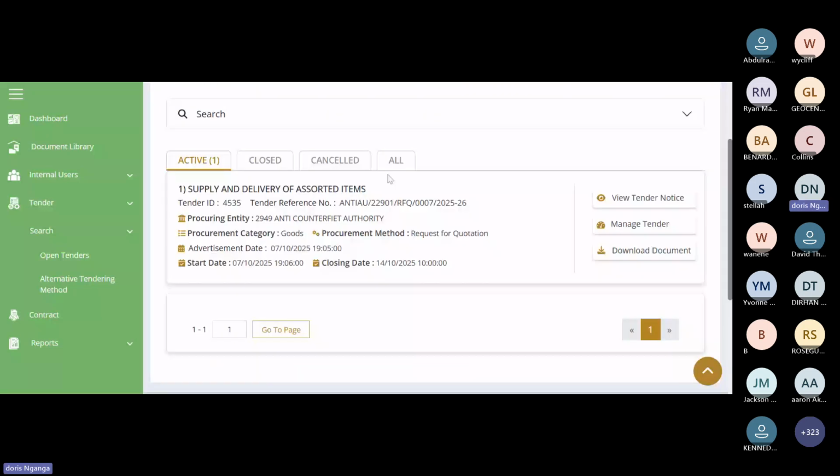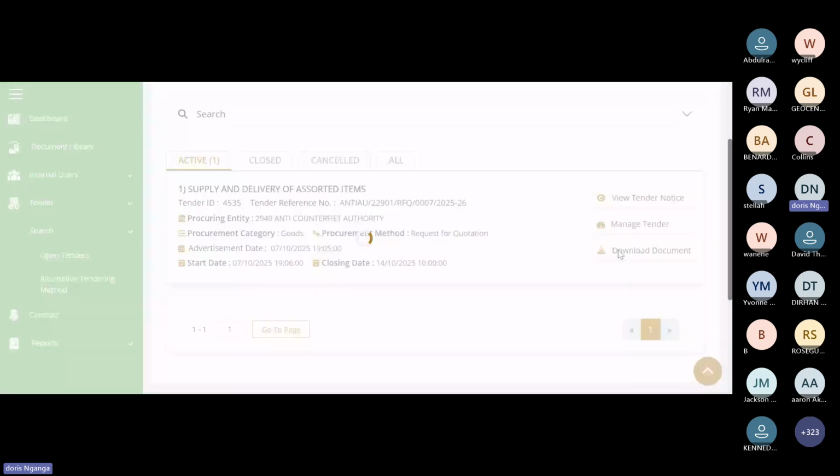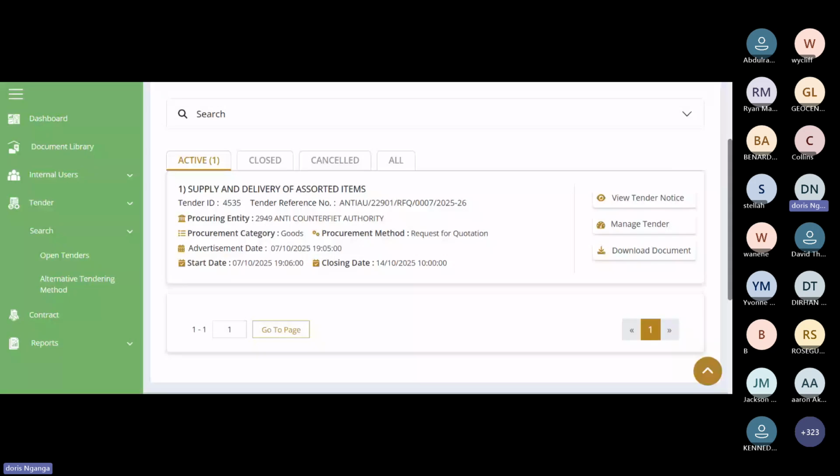Now, you can download this document so that you can read it outside the system. Once you click on download, you can open it. As you can see, I have opened my tender document. It's divided into segments, that is bidding form, evaluation and qualification, mandatory evaluation requirement, schedule of requirement, instruction to tenderers, and all other information, as you can see.